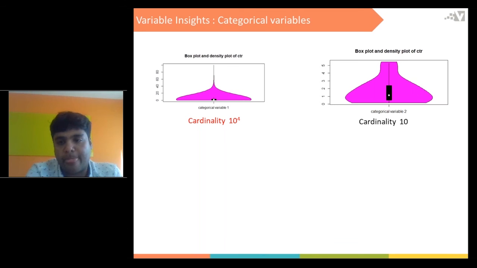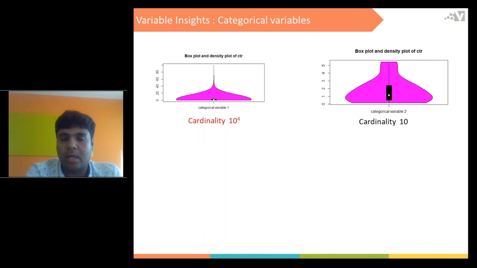So both the variables are important and we can't ignore them. Since the cardinality of variable 1 is high, we still can't ignore the variable; in our case we have to use it, right? We'll see the triage part in the next slide.